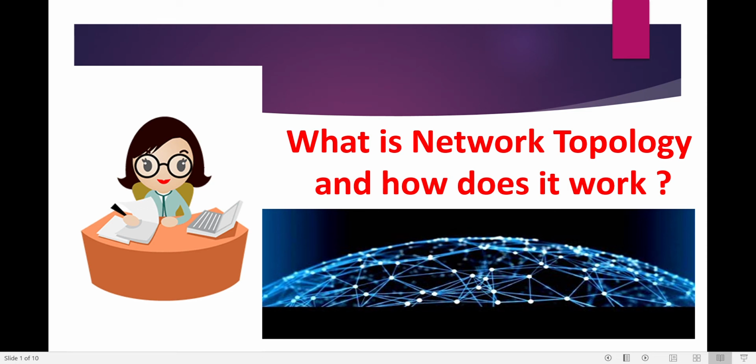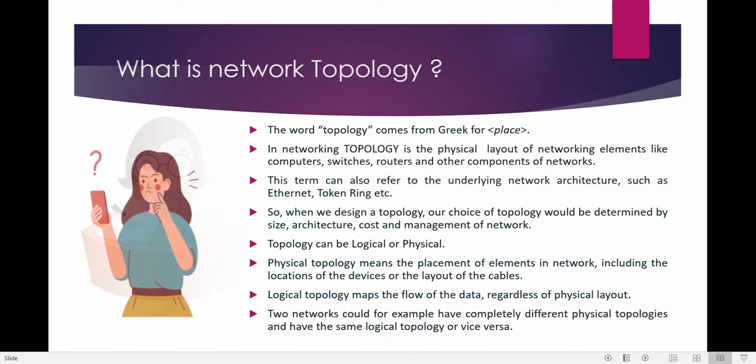Hello friends. So today we'll see what is the meaning of network topology and how does it work actually in the network. So basically the word topology is from the Greek language and it means a place. So in networking, basically topology is the physical layout of the networking elements like computers, switches, routers and other components